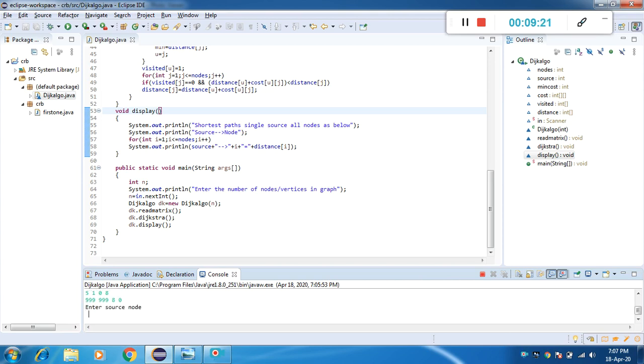Then next, enter the source node from which you want to calculate all shortest paths to all the remaining vertices. Here the source node is 1.